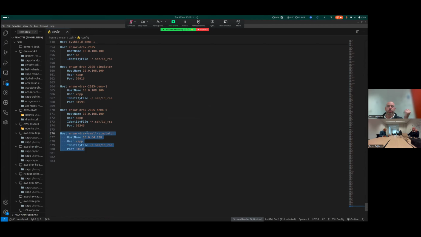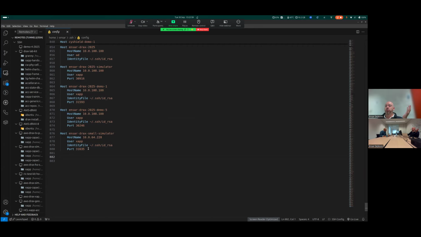Basically, it consists of a small piece of text like this, which defines the host. You can give it a certain name. The host name is basically the URL, the IP, or however you want to call it. You can then specify the user. You can specify the identity file, which is your SSH key if you're using that, or delete this line if you're going to keep entering the password each time. And then the port, if it's something other than port 22, you also specify that. And in our case, it is, because we have a specific port for our xApp.